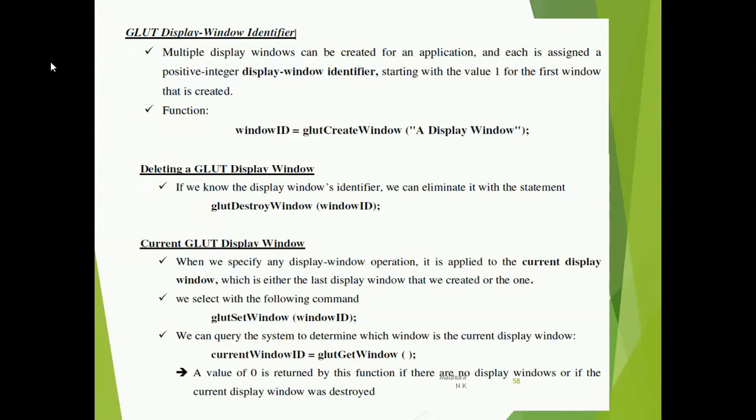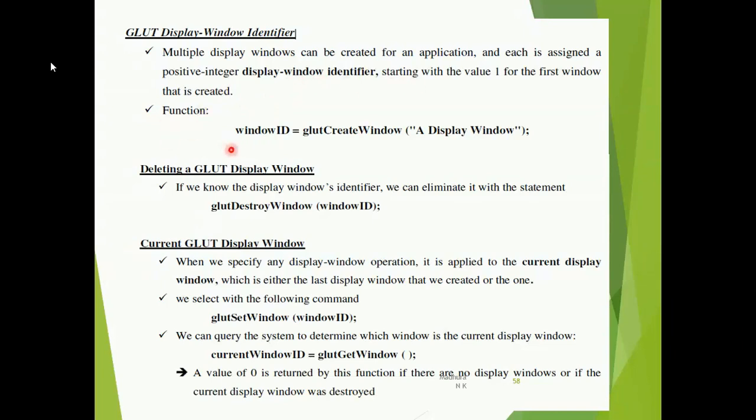The next function we have is the glut display window identifier. Whenever you have multiple display windows, think that they will be overlapped one by one, so you have to identify the windows. To identify multiple windows, we need an identifier.